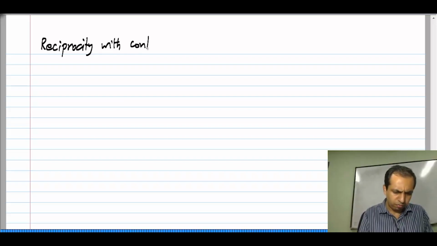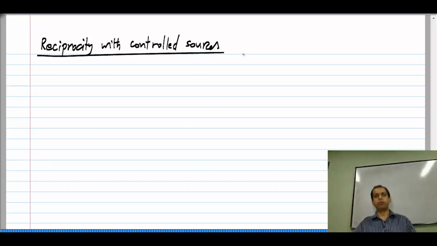In this lesson, we will look at the issue of reciprocity when we have control sources in the circuit. Now, we have proven reciprocity for resistive networks. What this means is that if you have a purely resistive network, it is definitely reciprocal. So, you take any two ports in a resistive network, between those two ports there will be reciprocity, and